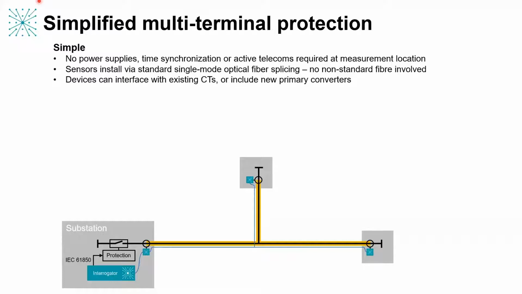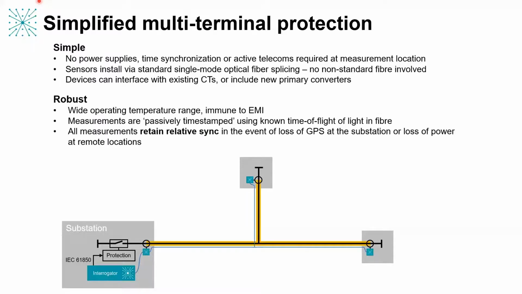Because the fundamental measurement technology allows passive optical measurement of the CT secondary, we can either install a full primary connected device incorporating the primary CT, or if required, we can retrofit to the secondary of existing conventional CTs, effectively digitizing those over a long distance. The system is also very robust, so each sensor has a very wide operating temperature range over which the sensitivity of that sensor to a current is very stable. And the optical sensing method using single mode fiber is immune to electromagnetic interference, even over the unprecedented long distances available to this technology.